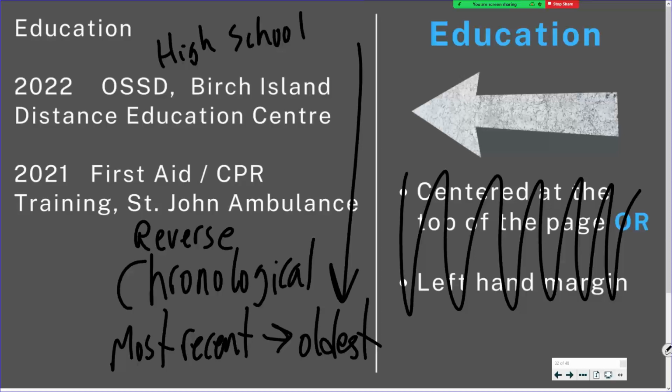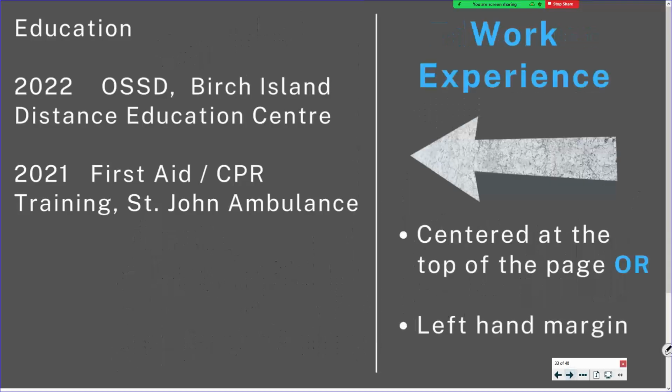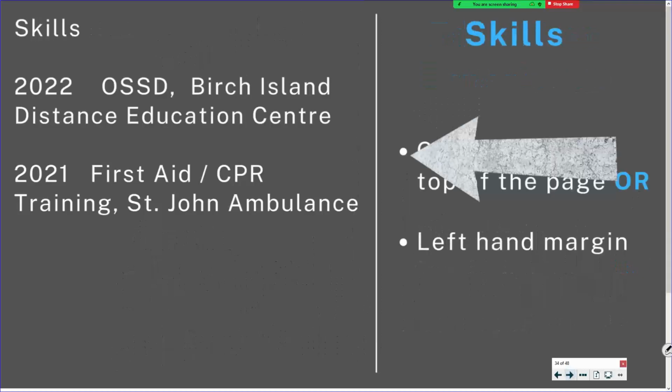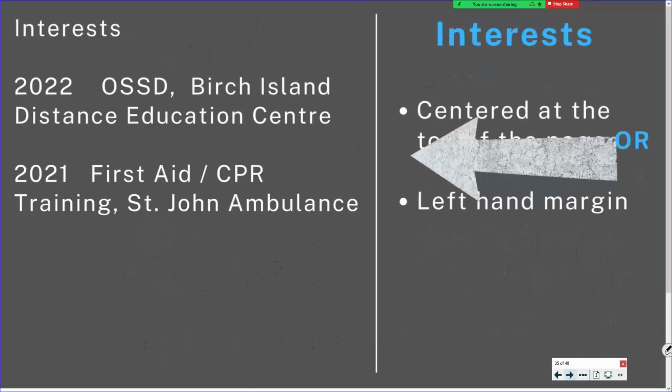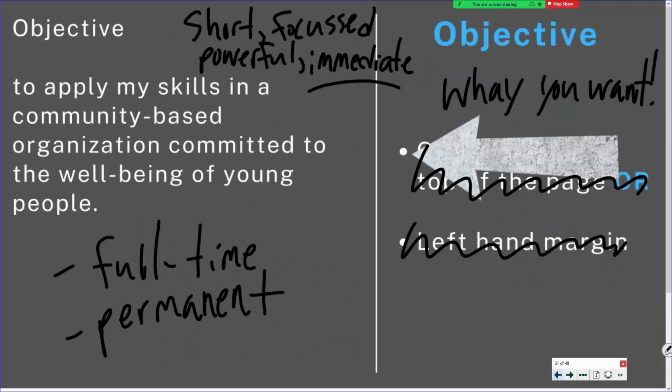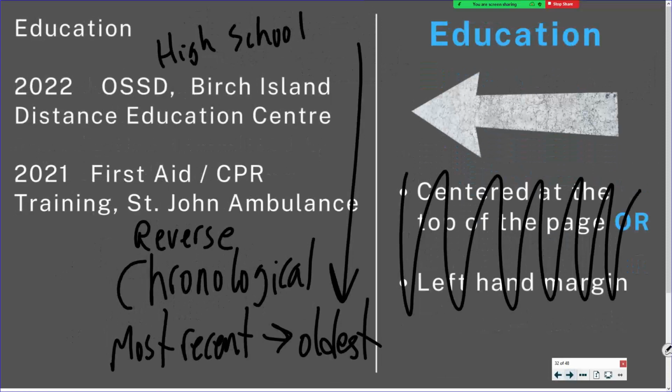You don't really need to mention the month it happened. Your employer is not really going to care about the month you got the training. They're going to want to know about the order, and they're going to want to know how old it is, right? Especially like first aid. If you got first aid in 2010, you wouldn't list it because it's out of date by now. You want to list the most recent stuff that's come up, right? And this is your education. The same thing's going to apply for your work experience.